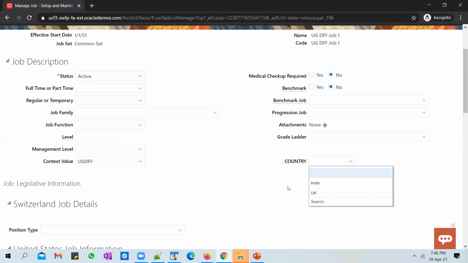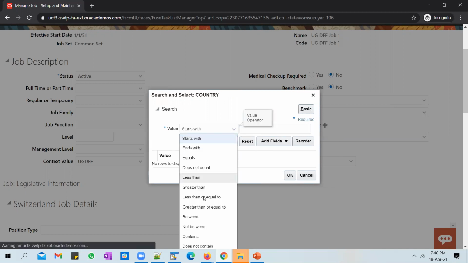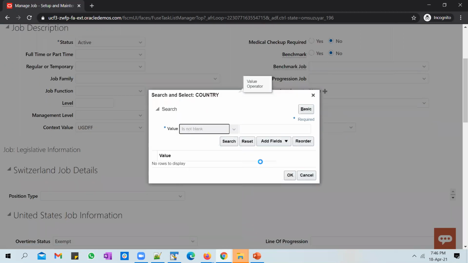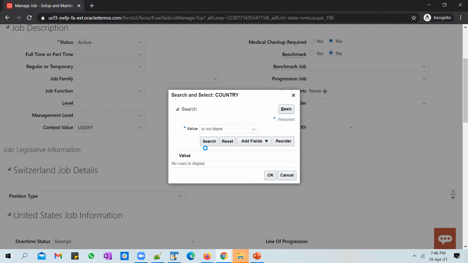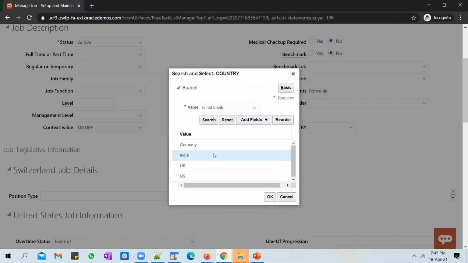And if you do a search now, do a blind search, you can say is not blank, and do a search. You should see all the 4 countries popping up now, and you could pick any one of them.